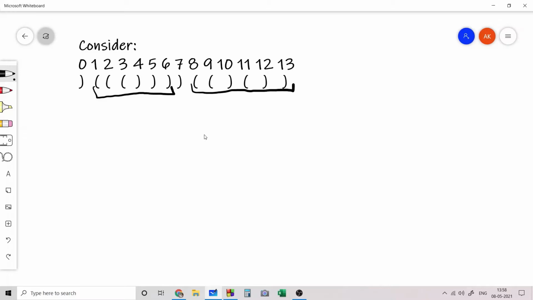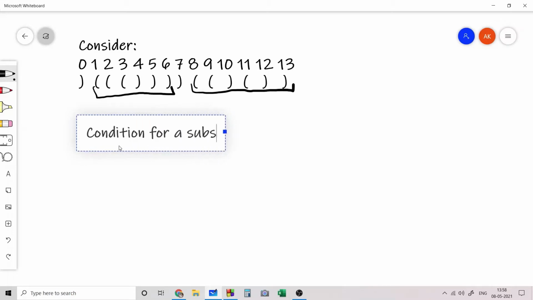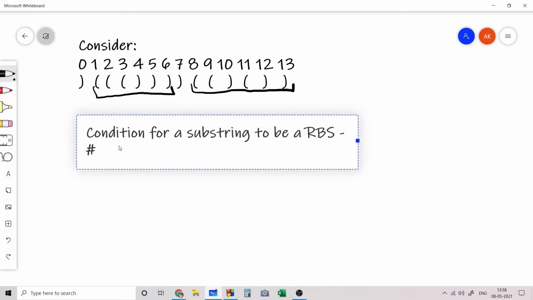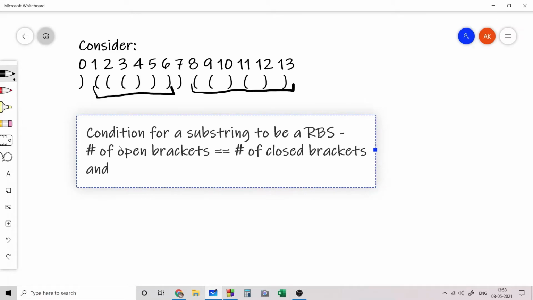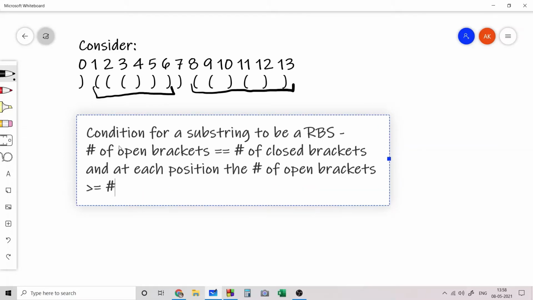The condition for a substring to be a regular bracket sequence is that the number of open brackets should be equal to the number of closed brackets, and at each position the number of open brackets should be greater than or equal to the number of closed brackets.